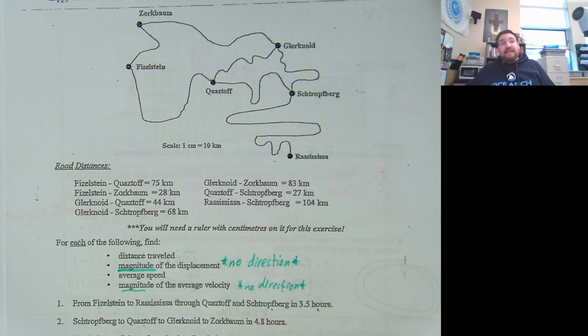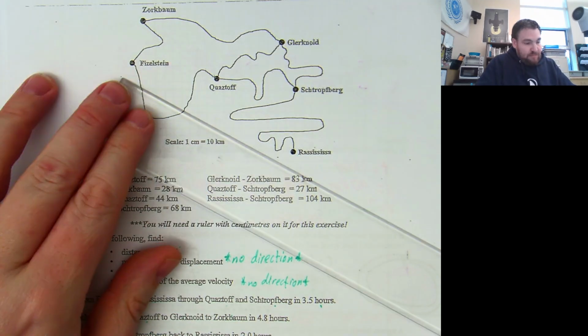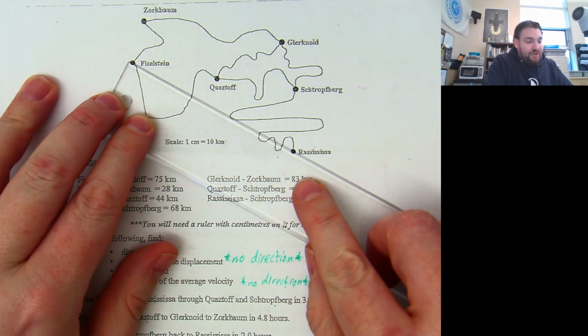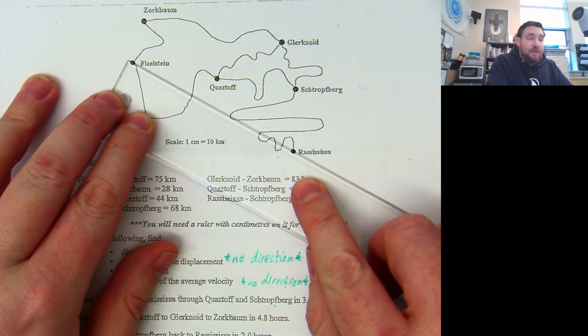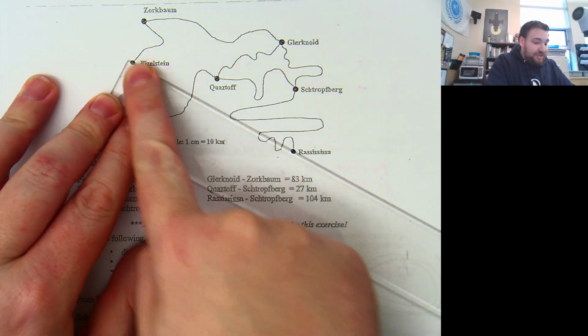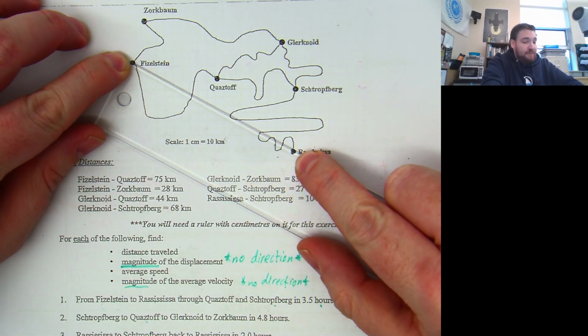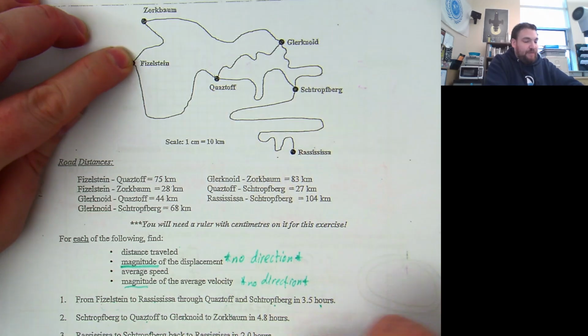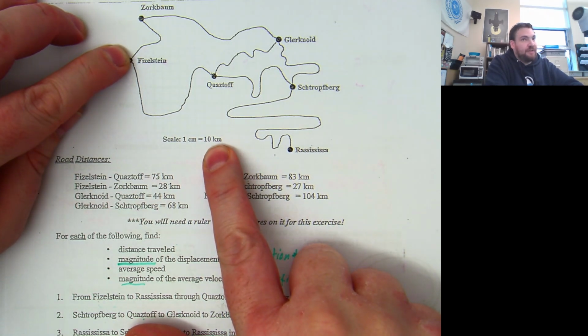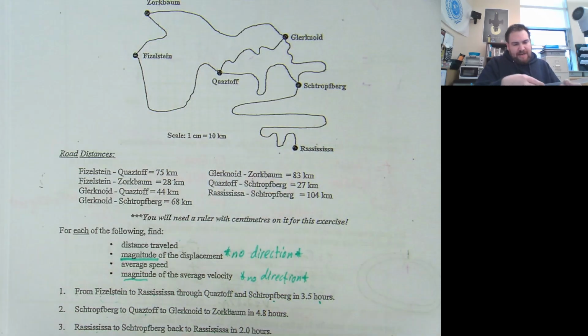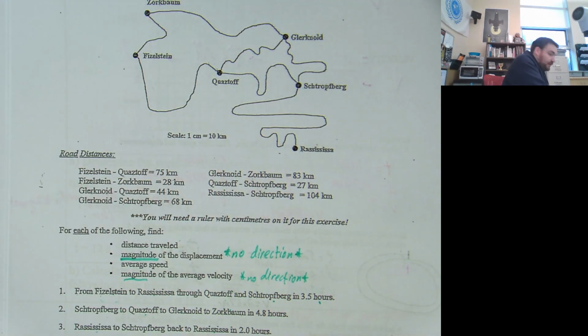Displacement is the straight line distance and direction. So you're actually going to need to pull out a ruler and measure the distance from where you started to where you ended. This will be the displacement. 1 centimeter on the ruler is equivalent to 10 kilometers in this country. I don't have a ruler that's marked, but let us say hypothetically, actually I know what the value is.